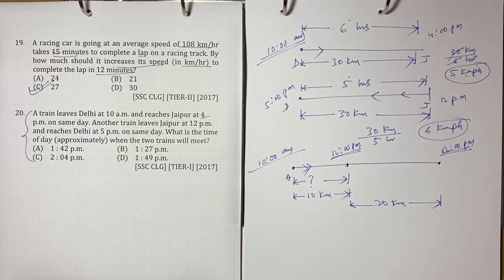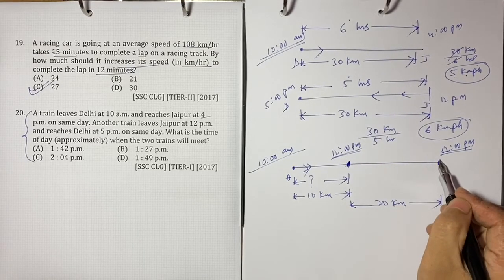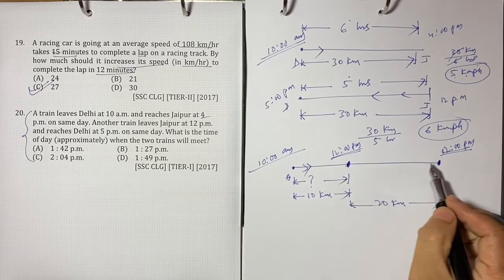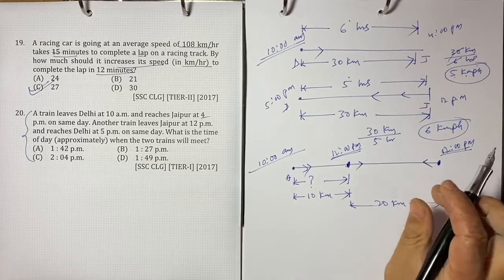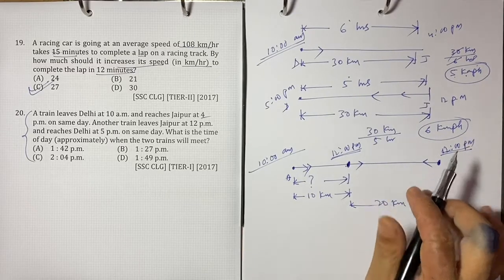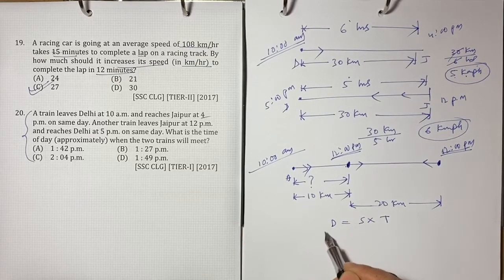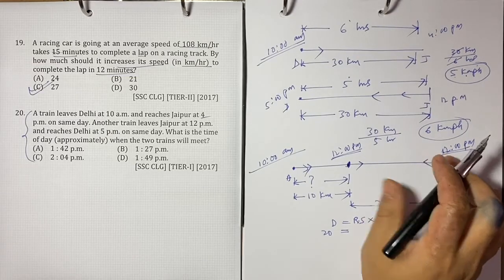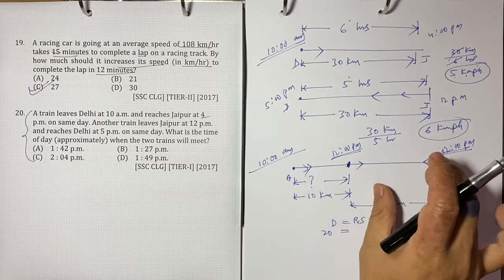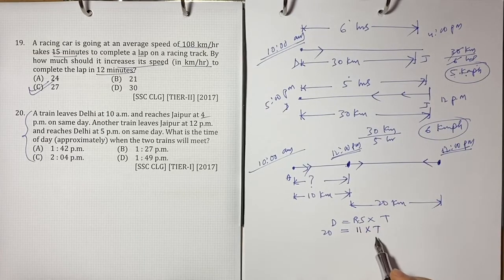At 12 pm exactly, two bodies in motion. The formula is distance equal to speed into time. In this case the distance is 20 km, and we need the relative speed. Since the two bodies are in motion and moving in opposite directions, the speed is 5 plus 6, which is 11. So the time is 20 divided by 11